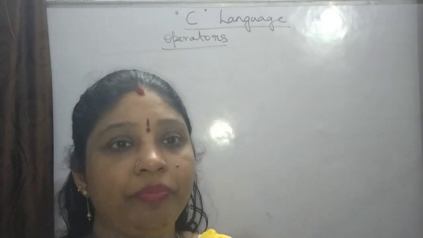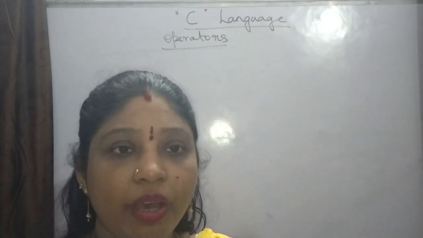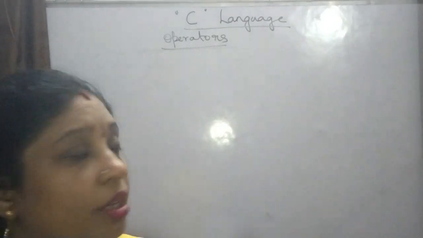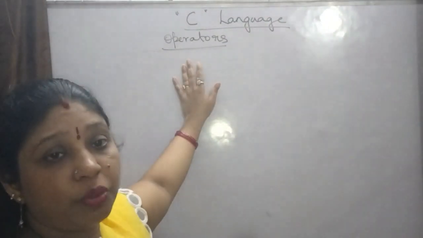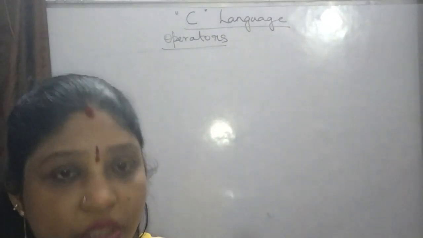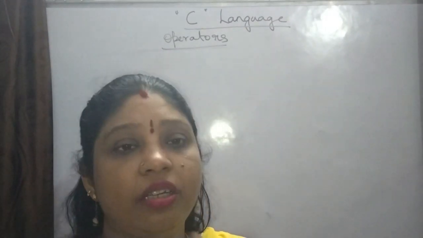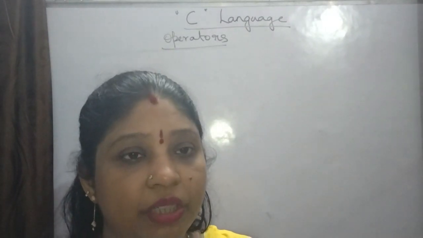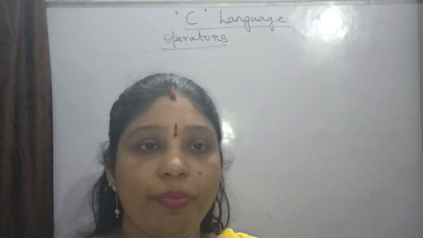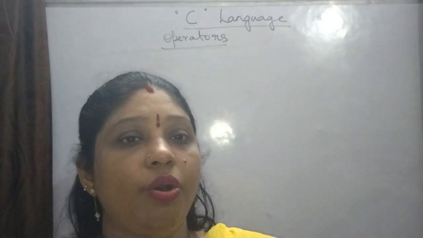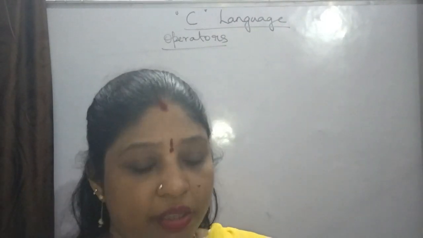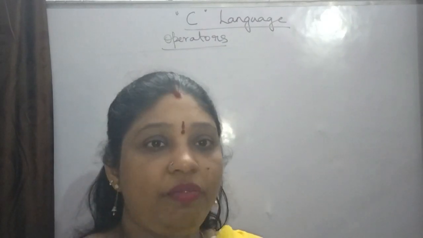This is Ruchi here. Today in this video I am going to explain about the operators in C language. So we are going to discuss the operators in the C language. Now first of all, in general view, we should understand what is an operator. An operator is something which operates on two things or one thing or three things, something which is going to operate something. So in that way we know that.